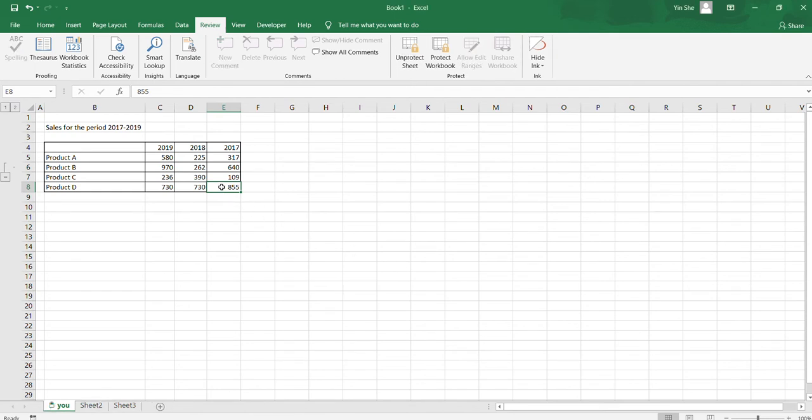And you can see that if you try to change the figure 855, it comes up with a warning message telling you that it's protected and you cannot change anything there. So if you click on unprotect the worksheet, it removes the protection, and people can change the data within the worksheet. So the other thing that I would like to show you is, let's select your data range